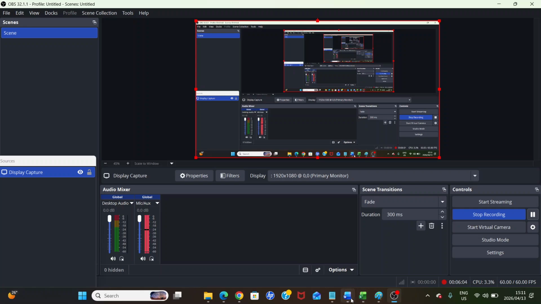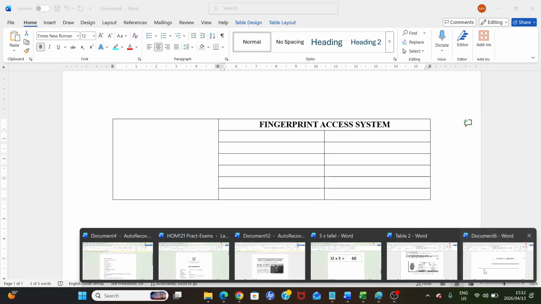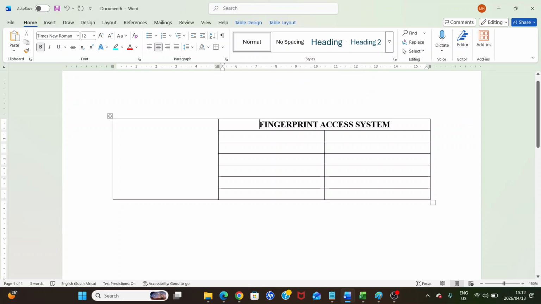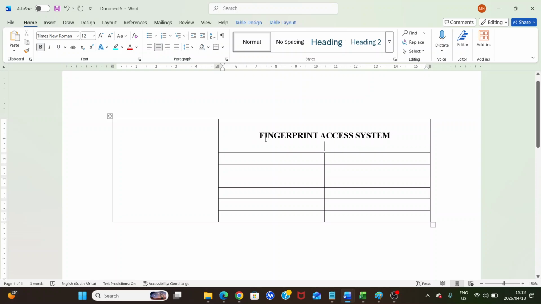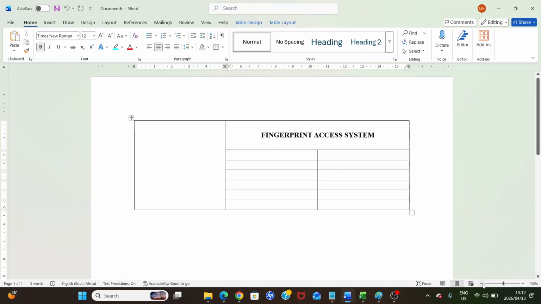All right, let's continue from this step onwards. So we noticed that there was a blank line before fingerprint and there was a blank line after fingerprint. So in other words, I'm going to put my mouse next to the F for fingerprint and press enter. That will give me the blank line at the top. Then I will put my mouse at the end of the M and press enter again, and that will give me the open line below, so that we have a bit more space there.